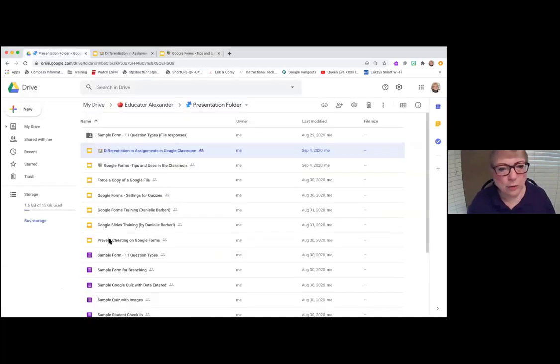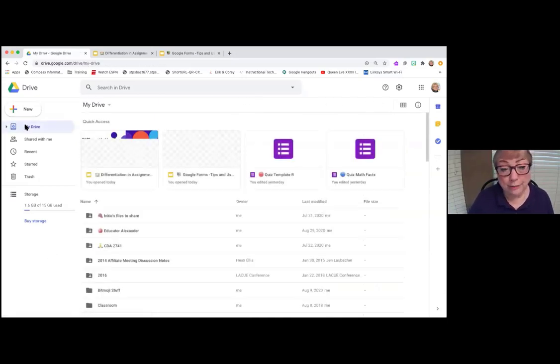So now let's go and actually make a form, and I'll show you what steps I use to differentiate. One thing that I've learned to do and made myself do is get into the folder where I want the form, or whatever document I'm making, to reside, as opposed to just going to my Drive.